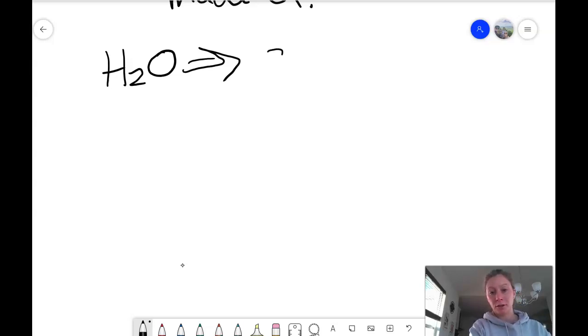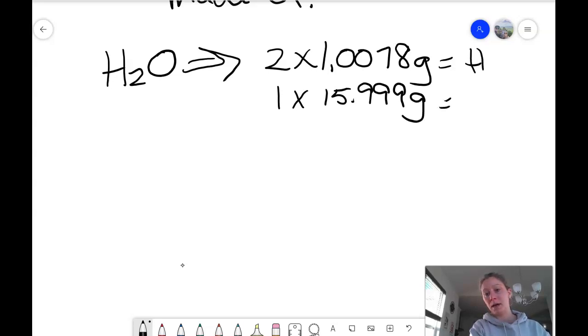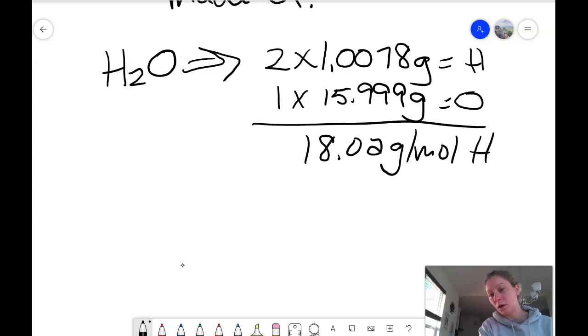But if we do it, the hydrogen is about 1.0078 grams. And there's 2 of them, so I have to multiply that mass by 2. And then the oxygen, there's 1 of them, so I take that times its molar mass, which is 15.99. If I add those up, you should get about 18.02 grams per mole for water. Okay. Now if I want to do the percent by mass, I literally just take the parts